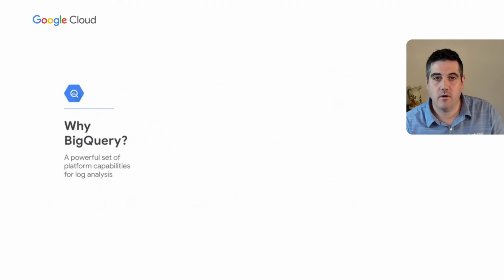Dremel, which is the query engine that BigQuery is based on, was originally designed and built for logs. It's been used for over a decade for analyzing logs and creating sophisticated machine learning on those logs for some of Google's biggest applications: search, YouTube, Gmail. And so if I start to compare BigQuery against typical logging platforms that customers are using today, there's some clear